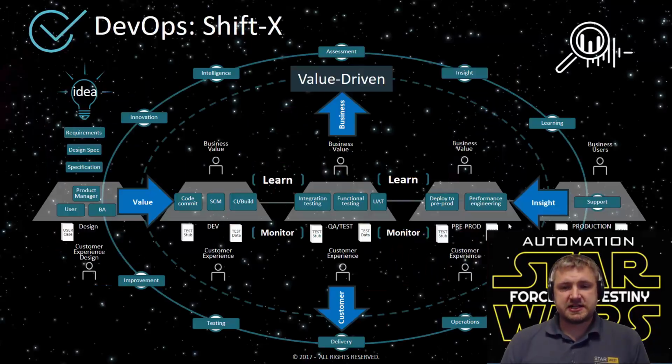If anyone's seen my presentations recently in the last year, they'll have come across my quantum teleportation slide. This really was to say that it's shift X. It's shifting any direction at any time and jumping from one location to another. There's no need for silos anymore, and understanding and learning from each one of those environments is essential. Equally, learning from something like production and providing the insight of what customers are using, or equally to the left-hand side when you start talking about value-driven delivery, where you start understanding the requirements much earlier and defining what that value you're providing to your customer, giving quicker feedback, equally quicker feedback to the business, and also taking on principles such as lean to help us achieve this.